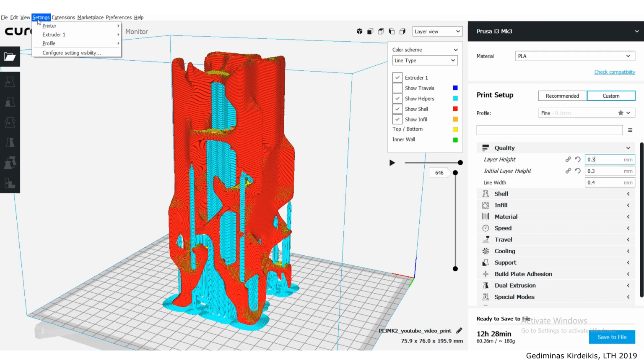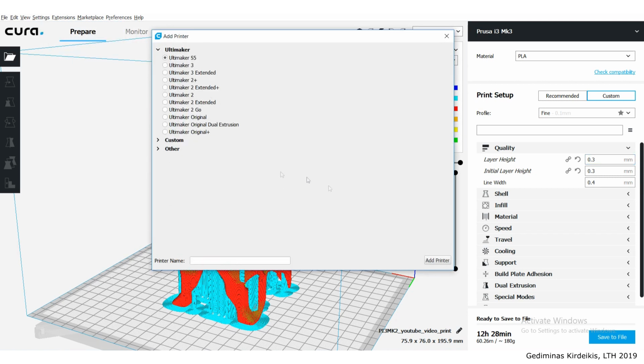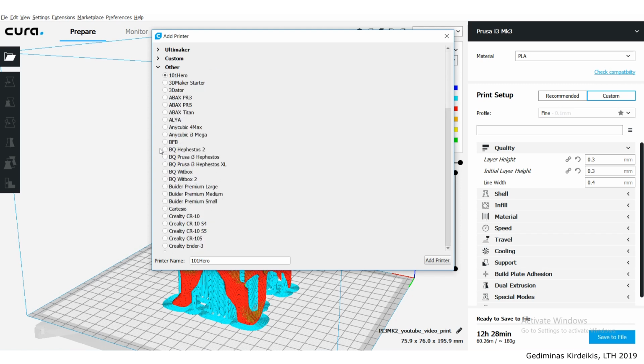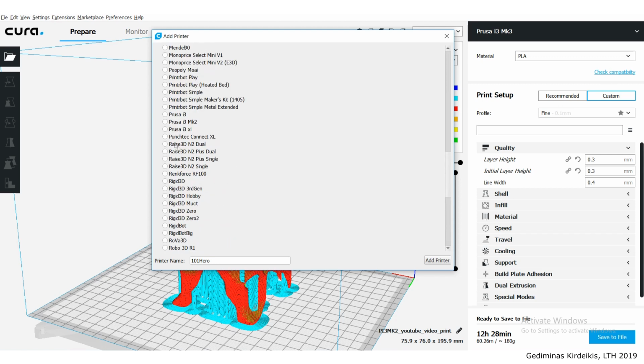If I go to settings now and go to printer, add printer, I can add a new one. So I'll go to others, choose Prusa i3 Mark II, again, same one. Make sure that it's Mark II and not just the regular i3. So i3 Mark II, I'm going to rename it to Mark III, and I'll also add 0.6 millimeter nozzle,